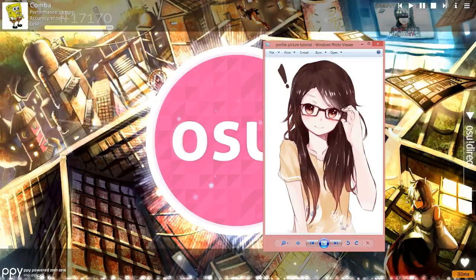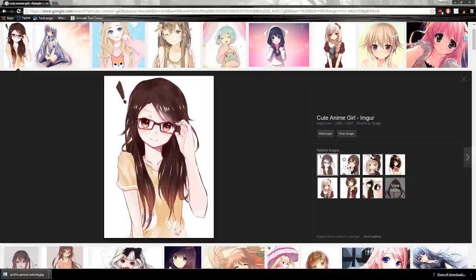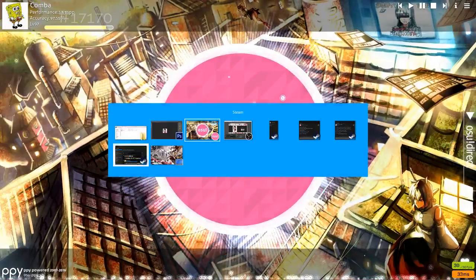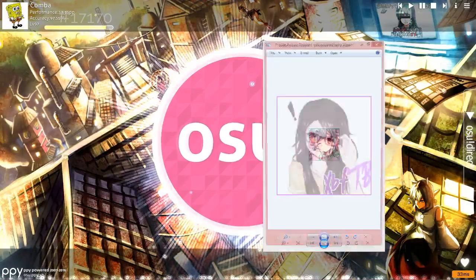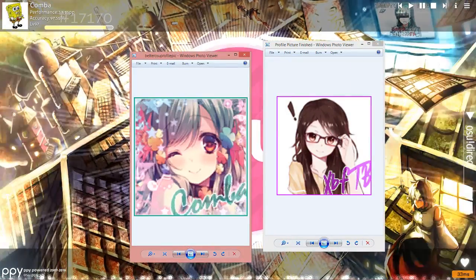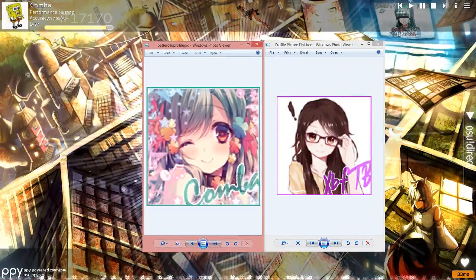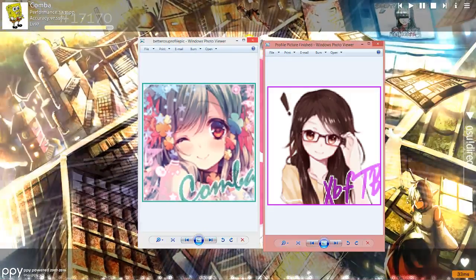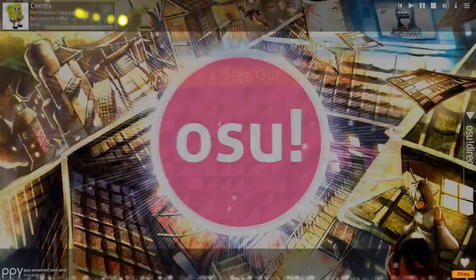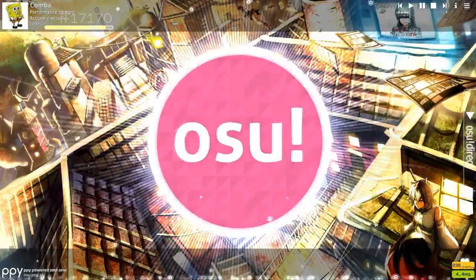See, here's the original one. Here's the finished profile picture. It's pretty good compared. The new one, there's the old one. Now all you have to do is just upload it to Osu.